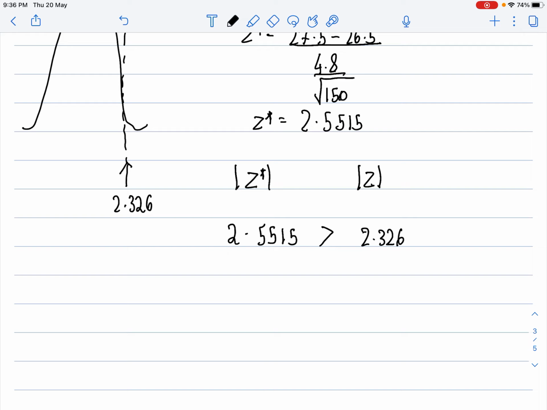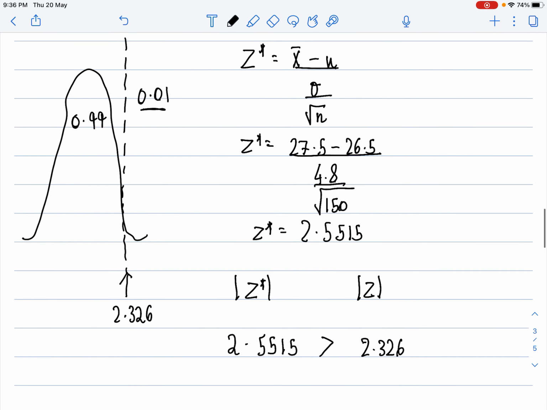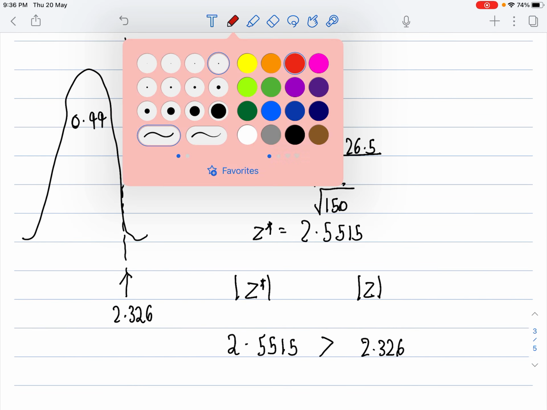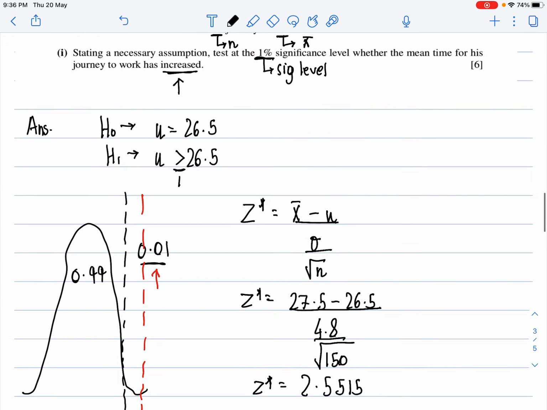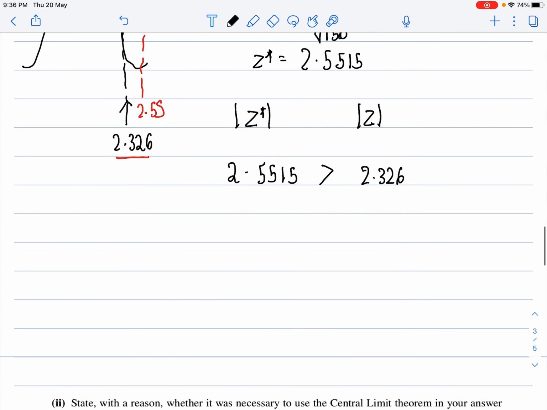2.5515 is bigger. Think about it graphically. In the z values, 2.326 lies somewhere here, so 2.55 lies somewhere here, which lies in the critical region of 0.01. That means I reject my null hypothesis and I accept that the mean journey time has increased. So I reject the null hypothesis, and I can say that there's evidence